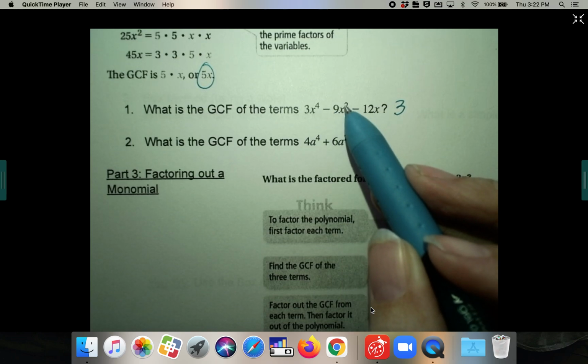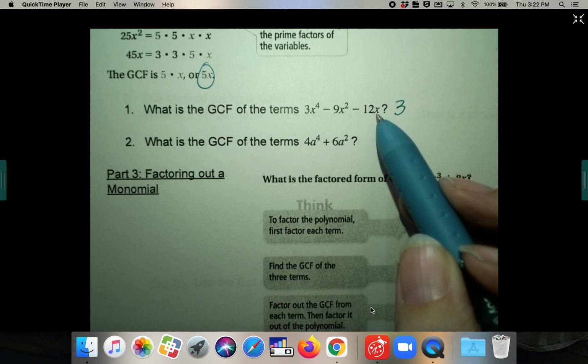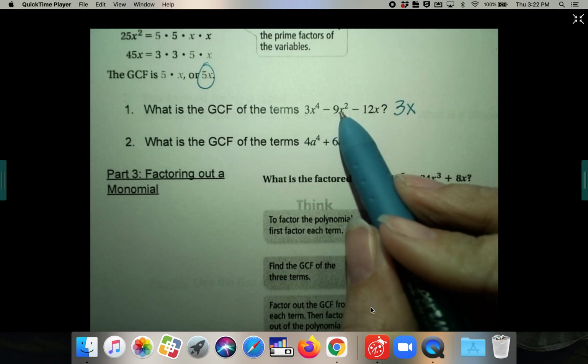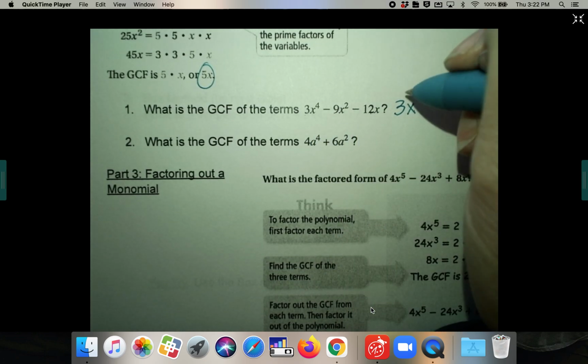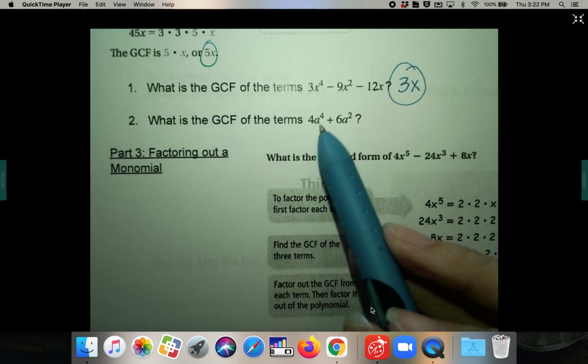And you can't pull 2 x's, even though both of these could, when this one only has 1. So the greatest number of x's you can pull out is just the 1. So the greatest common factor of this trinomial is 3x. All right, what about number 2, 4a to the fourth plus